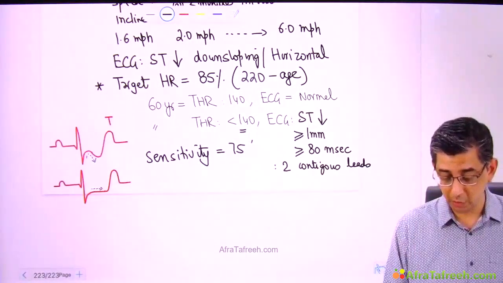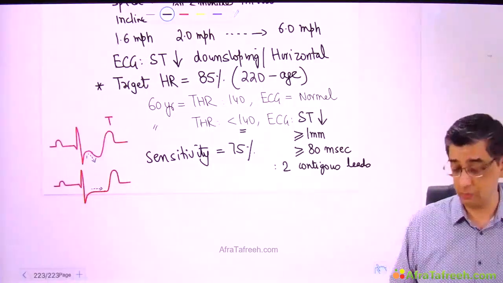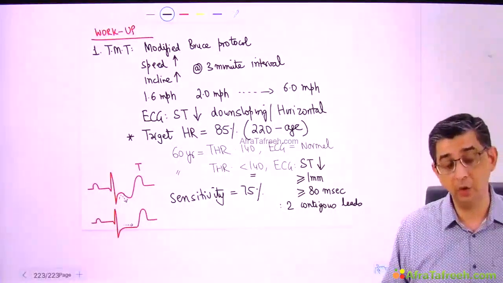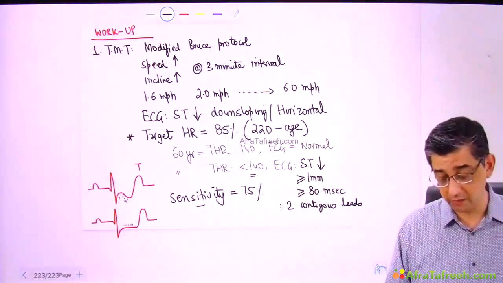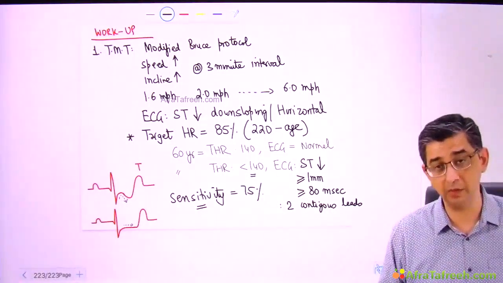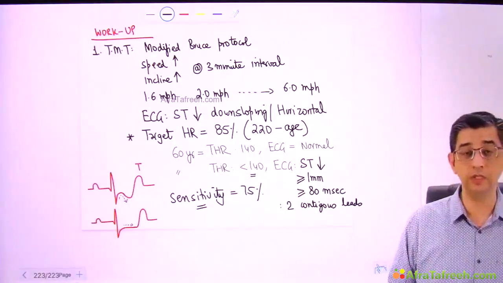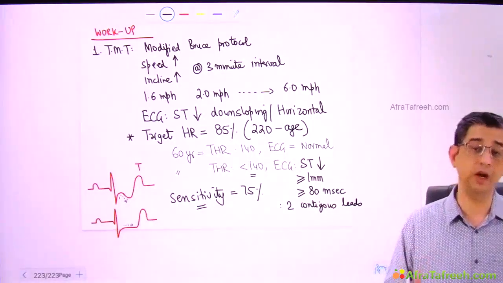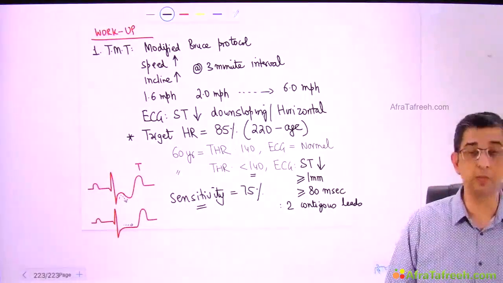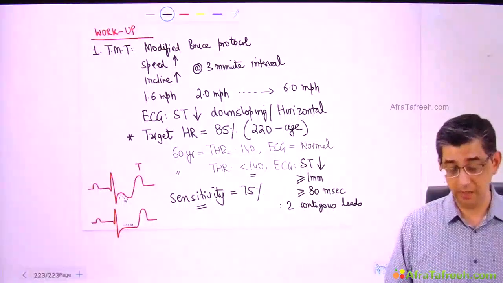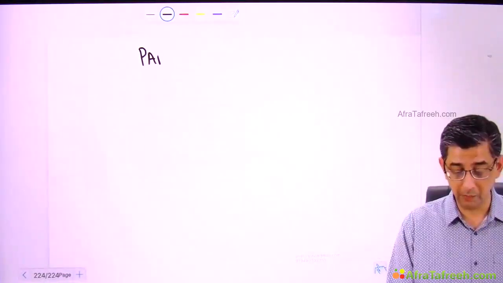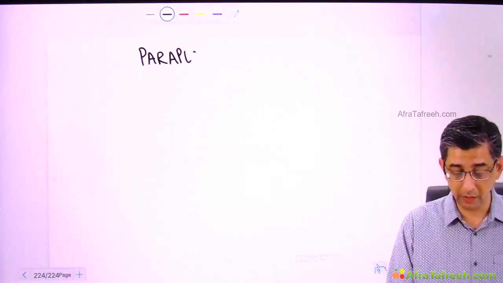So theoretically it looks like a very good test to pick up blockages in the artery when stress is given and then evaluated. And this is a non-invasive test, so obviously a good one, but the sensitivity is in the range of 75% only. So we need to always look out for tests that have a higher diagnostic accuracy. Now this test obviously cannot be done on somebody who's in a wheelchair. Let us assume somebody is paraplegic, then a person cannot be expected to walk on a treadmill.